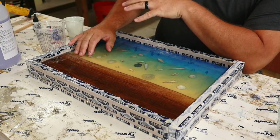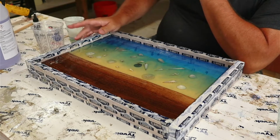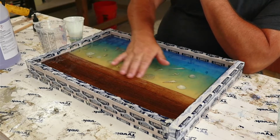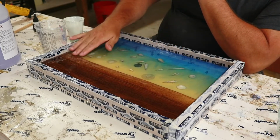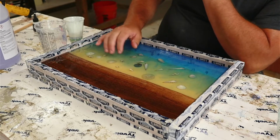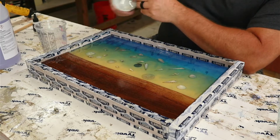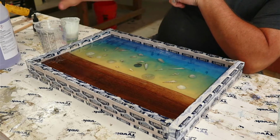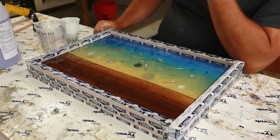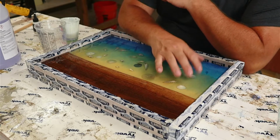What I'm going to do today is I'm going to mix up some clear. I have, I'd say, maybe about a 1/16 of an inch lip between the wood and the epoxy. I want to pour in a little bit here, and I'm going to mix up a little bit of white. This is actually dried, but see how this new epoxy I've never used before works with making waves. I'm really hoping it works well, because so far, I really like